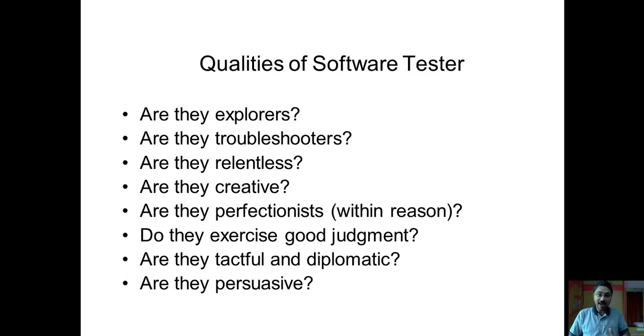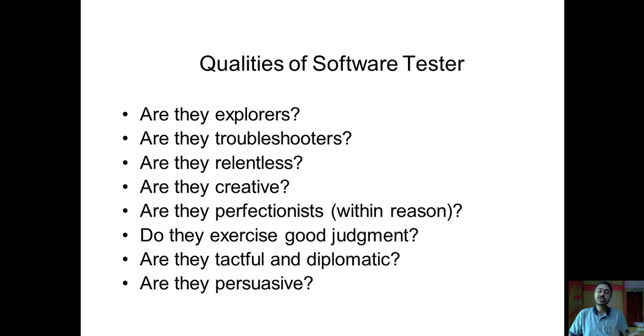But how to win that? First, convince your developer that this is a bug and it needs to be fixed. And for doing that, you should be diplomatic also. You shouldn't only have an argument with your developer, because many times it will turn into an argument, and then you will probably not be able to convince them. But if you are diplomatic, you will be able to convince them. So that's where this particular quality comes into the picture.